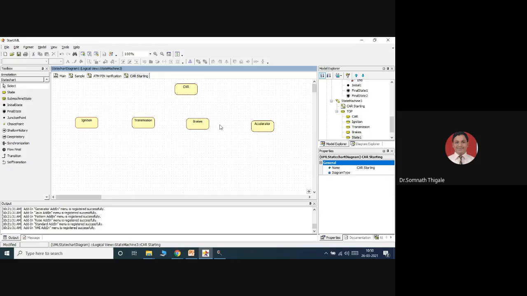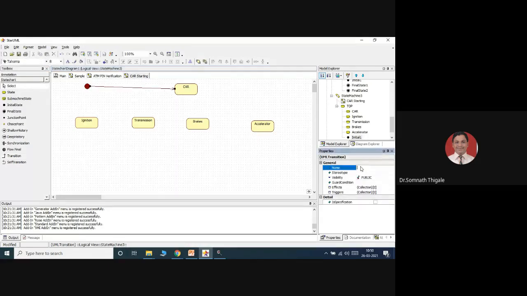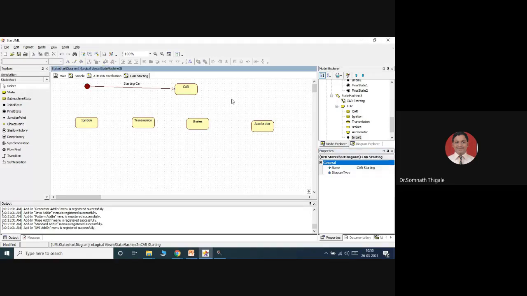You can take the help of the accelerator. All these things are happening at a time in one car. The car is one, but when you start the car, the initial state event is you have entered the key, you are starting the car, starting car, engine on, ignition. So basically, you are trying to start a car.